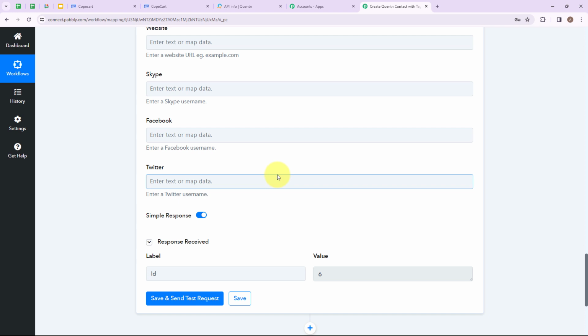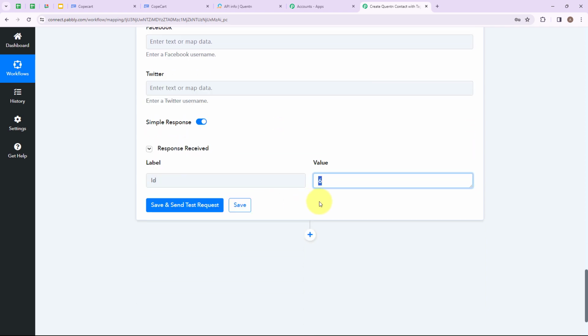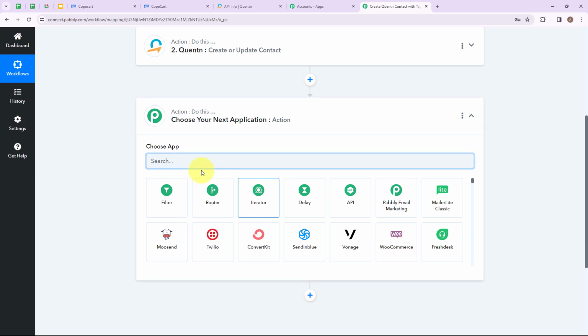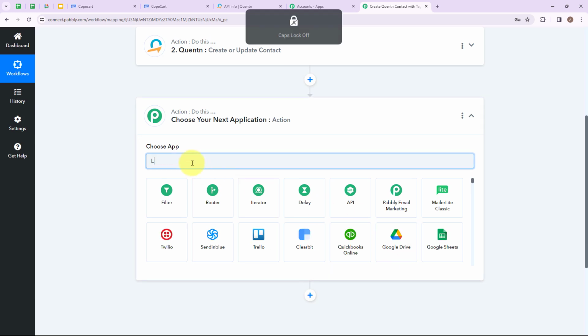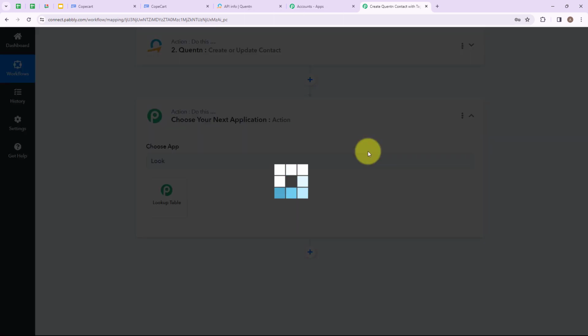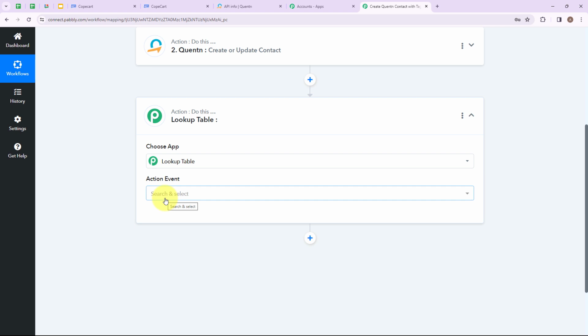So as you can see over here, we have received a response, and for the response we have received an ID. Now I'm going to add another action step by clicking on this plus icon. My next action step would be Lookup Table. Let's click on this. I have selected my action application as Lookup Table, as I want that whenever an order is received through CopeCart, a contact should automatically be created with a tag in Quentn for that